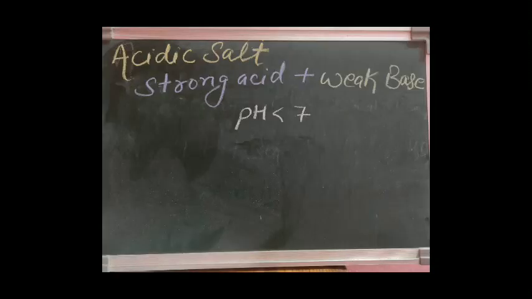Next type of salts are acidic salts. These salts are formed after the reaction between strong acids and weak base. So here the base is unable to fully neutralize the acids. That's why the salts which are formed are acidic in nature. And as you know, on the pH scale, the substances which are acidic have the pH lower than the